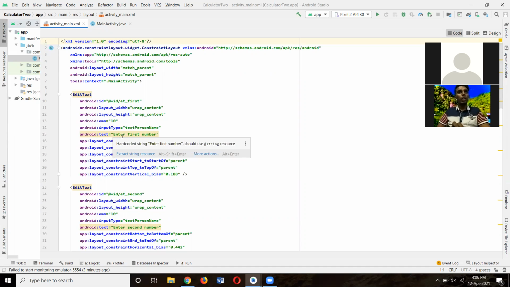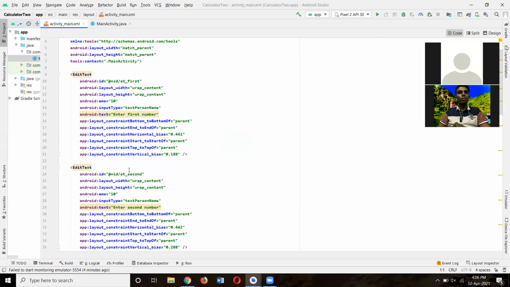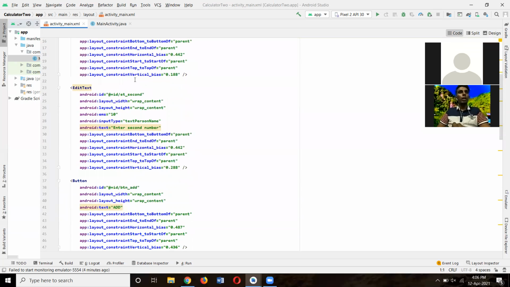Text is enter first name. Constraint bottom to bottom of parent. Constraint end to end of parent. Constraint horizontal bias is 0.442. Constraint start to start of parent. Constraint top to top of parent. Constraint vertical bias is 0.188.